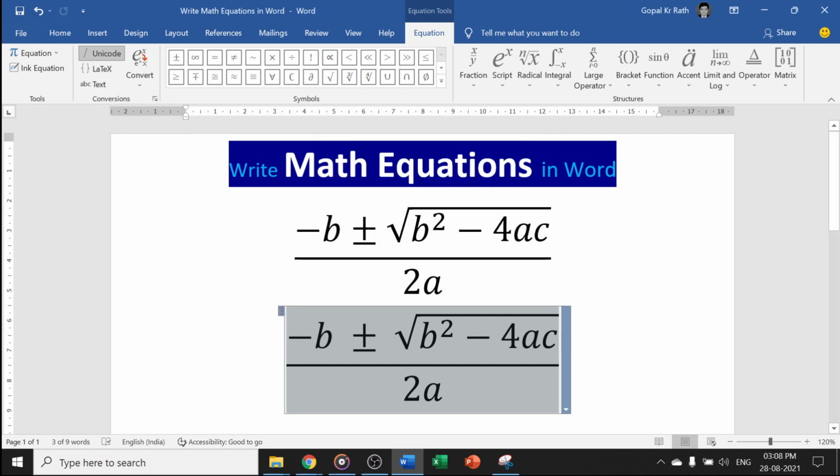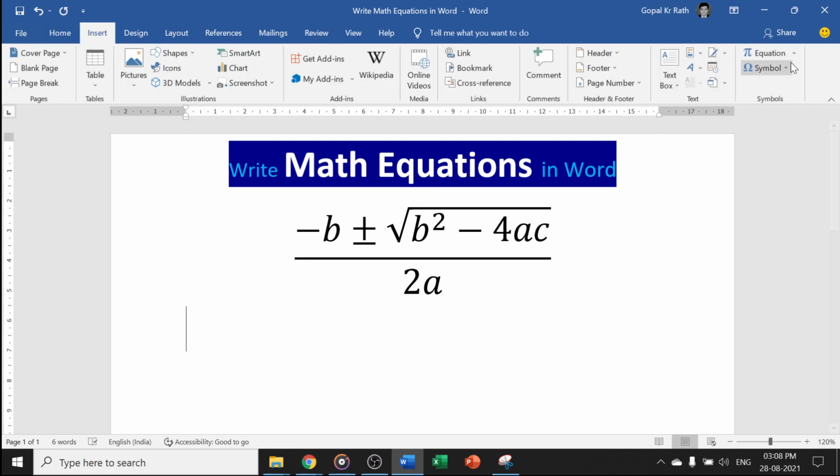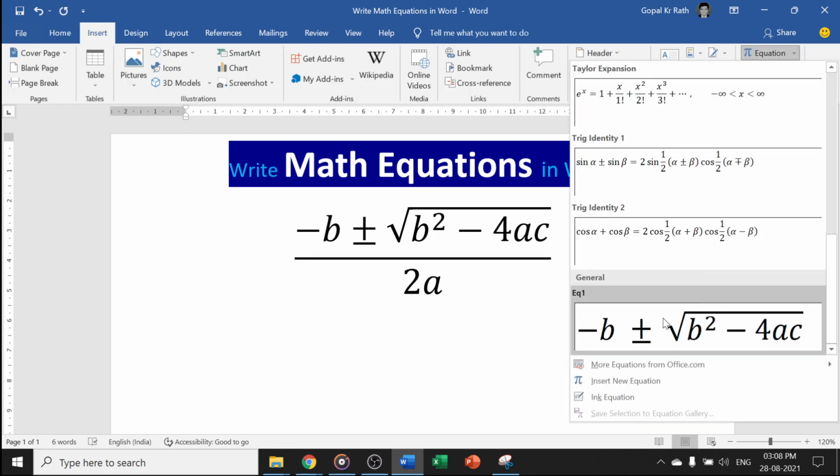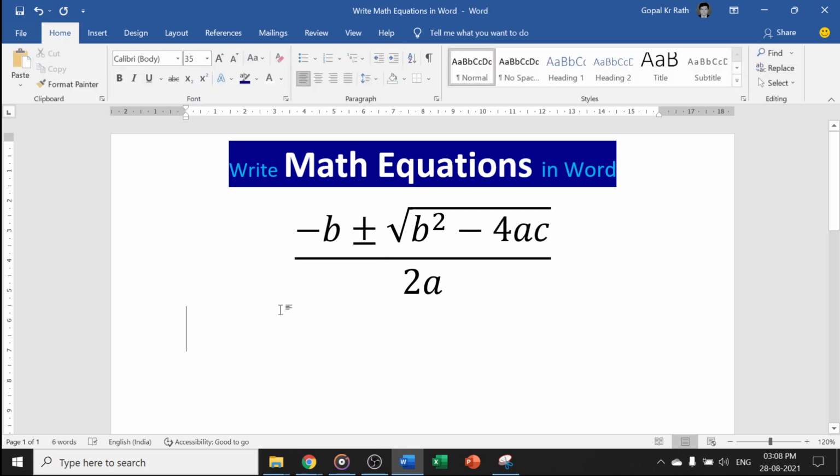Now if you want to delete an equation, you need to go here and click on delete. Why am I clicking here? If you click here, it will select the entire equation at a single time, so that I can delete it. Now I am going to insert whatever I have already saved. Go to Insert, Equations. If you scroll down, whatever Equation 1 I have mentioned, you can easily insert. Now I'm going to delete it again, and I am going to do something which is handwriting equations.